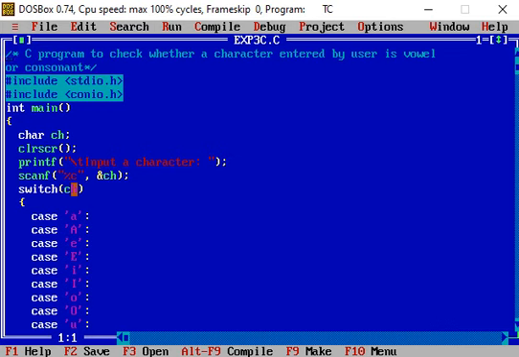So depending on this condition written within open and close braces, the cases of the switch statement are checked. If this character value matches any case, the code written in that case is executed. Otherwise, the default case is executed and output is displayed.